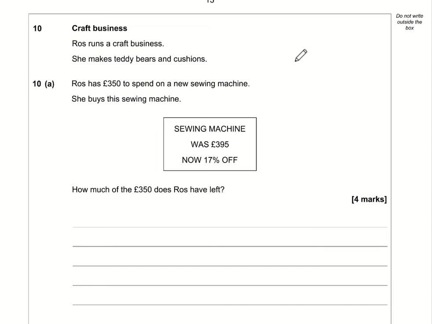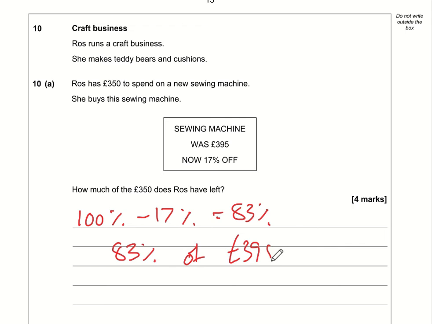Okay, so Ros has £350 to spend on a new sewing machine, and she's buying this one, which is 17% off. So at 17% off, she will pay 100% minus 17%, and that is therefore 83%. So the question is, what is 83% of £395? Well, the calculation is 0.83 multiplied by 395. 0.83 is our multiplier for 83%. It's 83 divided by 100, that's where that comes from. And that comes to a total of